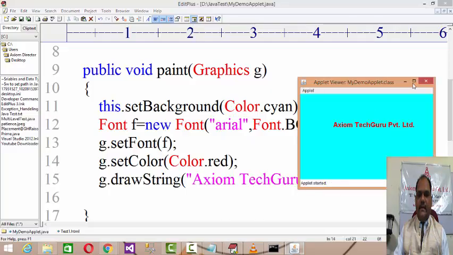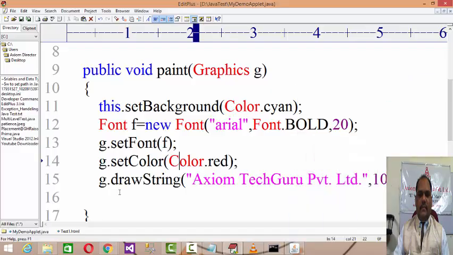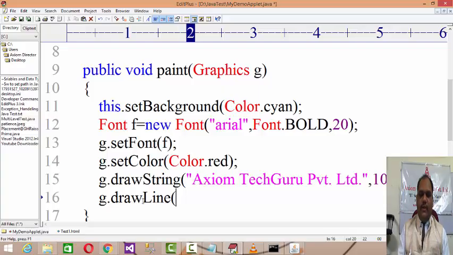text like this, right? Now here if you want to draw the line, draw line means your start point, end point, and all this stuff. So let's say you draw line, you set your x1 y1 as 50 and 50, and x2 y2 will be the stop point, start point and stop point over there.